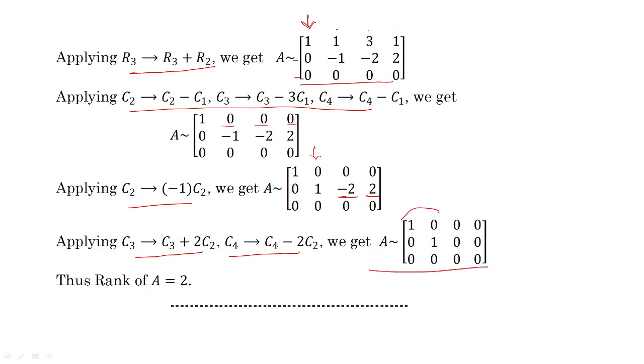Here if you observe, this is the sub-square matrix and the order here is equal to 2. So the rank of this matrix is 2. So in this way you can convert a matrix into its normal form, and the normal form may be one of the forms which I have described, and the rank of this matrix will be the order of the unit matrix, that is R. Here the rank is 2. So I hope that you got the concept.